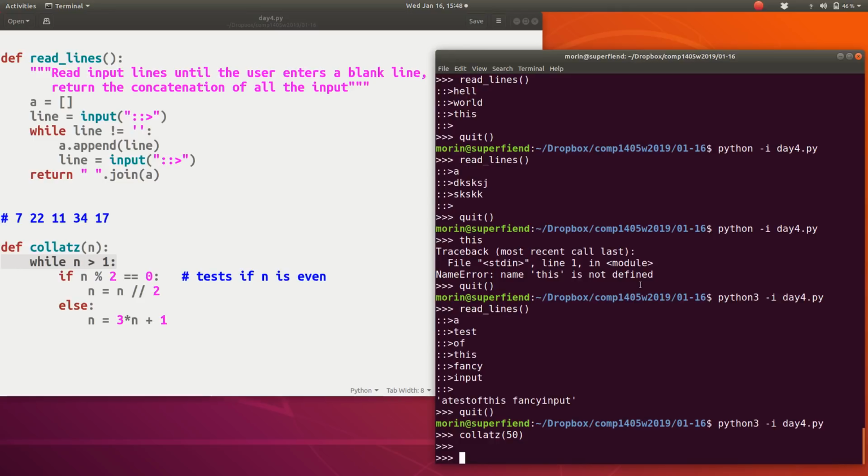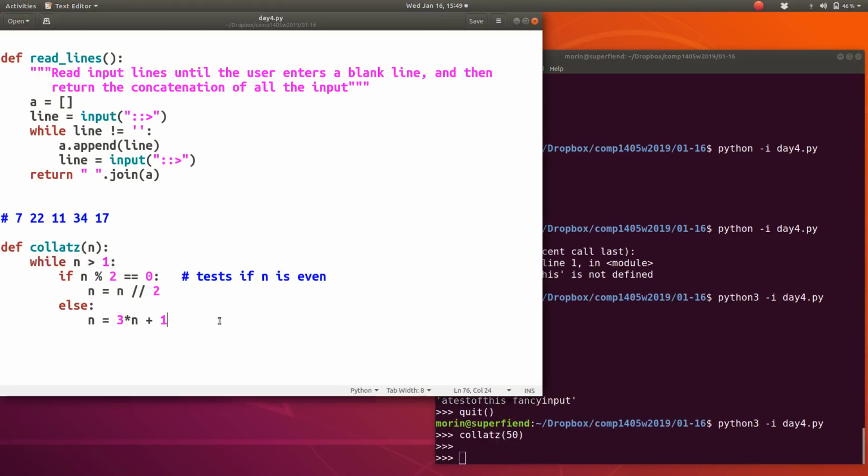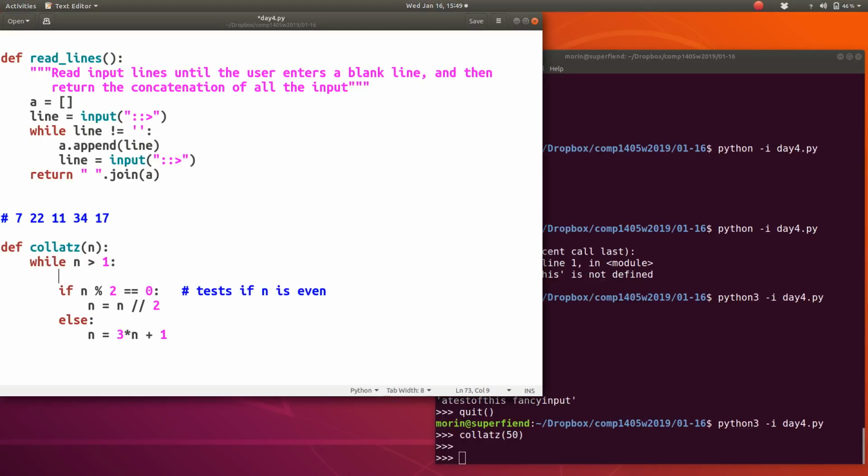Now the Collatz conjecture, the real conjecture, is that it's true for every positive integer. There's an infinite number of those, unfortunately, so we're not going to be able to resolve it just using Python because we don't have an infinite amount of time to wait, but we've just verified it for n equals 50. Okay? And we can look at what the pattern is because we can print this thing. For example, let's look at